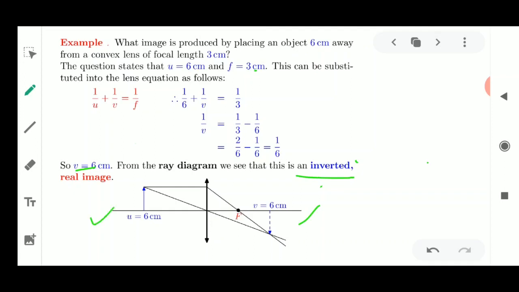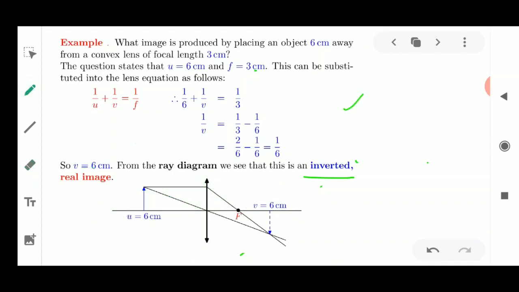You can see the ray diagram also here. This straight line indicates that it is the lens, where you can see the aperture, and here the refraction could happen from the middle, and then the ray is going to pass through the focus, the first line. And the second rule tells you that when the ray of light passes through the optical center, it is going to go straight away after crossing this lens. Okay, so this is about the lens formula and how it has to be used while solving the numericals.